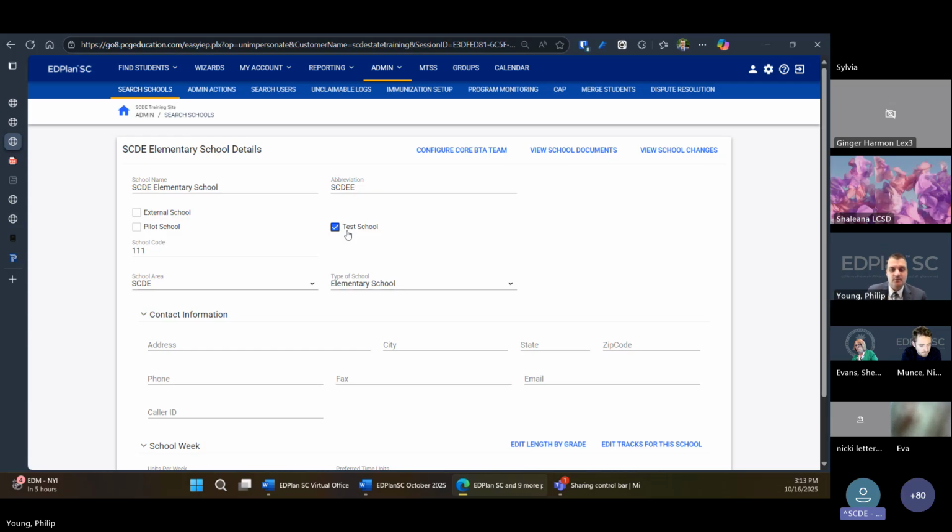It's nice to be able to have a test school if you're doing training or you need to test something out in your system without having to go to the training site. But we recognize that we don't want the federal reporting data to be messed up or inaccurate based on having test students in the system. So we try all these ways to filter them out.